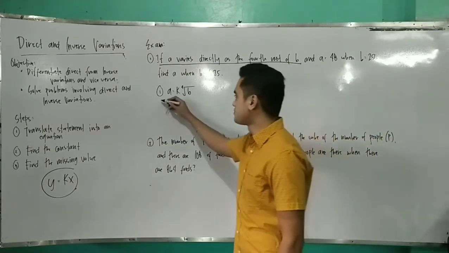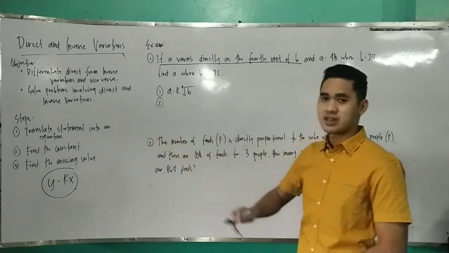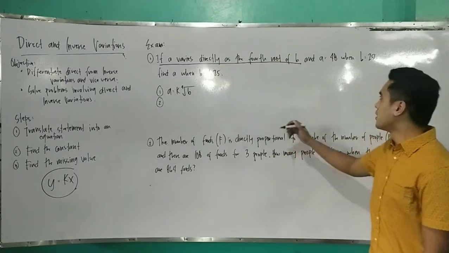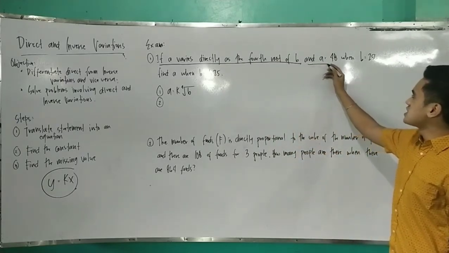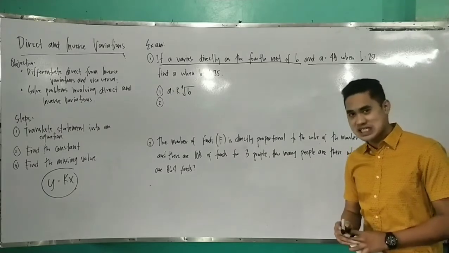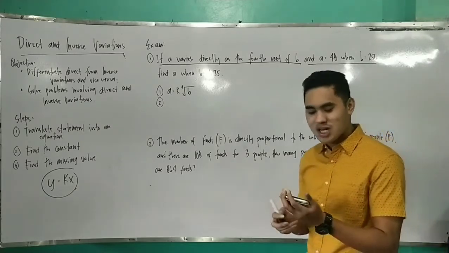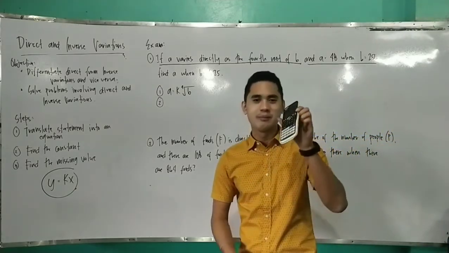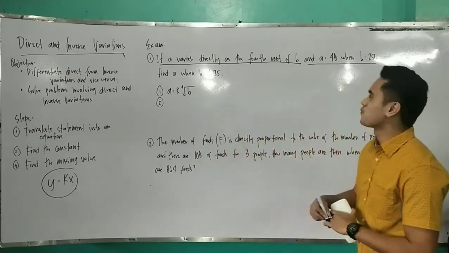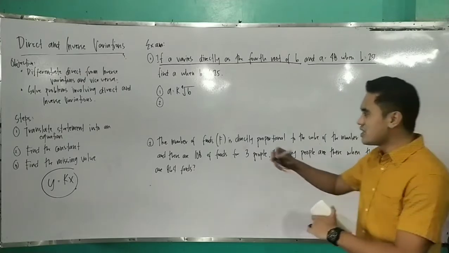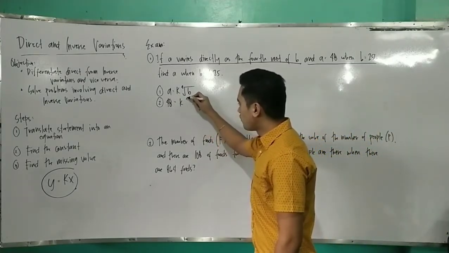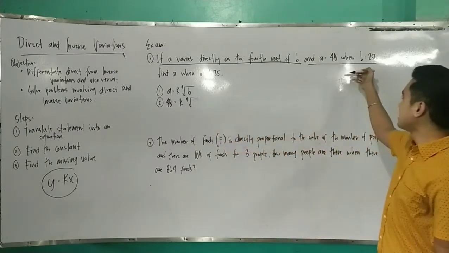Okay, so next tayo. We're going to find the constant. So gagamitin natin ito equation natin. So next tayo. Meron tayong a is equal to 48 when b is equal to 256. And dito, i-remind ko lang kayo na as much as possible, gumamit kayo ng calculator para mas madali nyo ma-solve yung given problem. So start tayo. Ang a daw is 48, ayan, is equal to k. So fourth root, ayan, ang b natin is